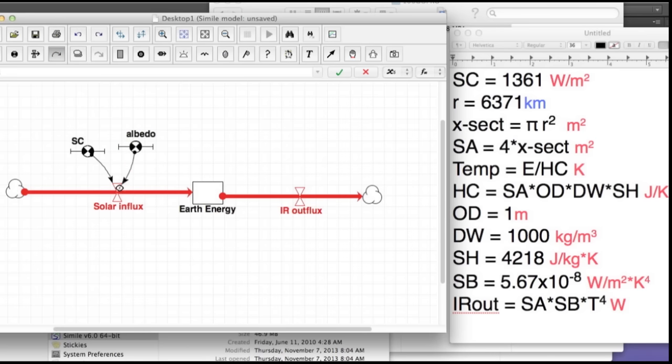of solar influx. One last thing we're going to need is actually the cross-sectional area. What area is capturing this solar energy that's coming in? So I'll go ahead and do something that we call X-section, cross-section. And we see that cross-section is equal to pi r squared. And I won't put r as a separate variable. I'll just plug this directly in. Again, we might look for ways to simplify our model and not expand it out too much. But with pi r squared, all we have to do is say